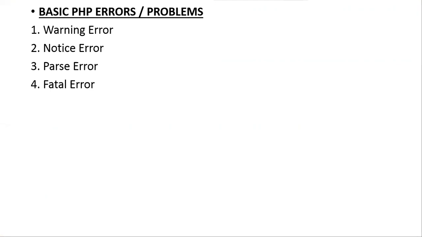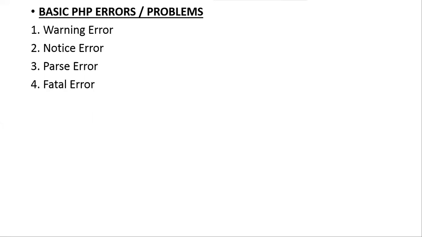To understand this, assume that we have created two separate files. One is an HTML file and one is a PHP file. Now I want to include this PHP file in the HTML file through an external link. So if I specify the name wrongly, it is going to come up with a warning that is called a warning error.